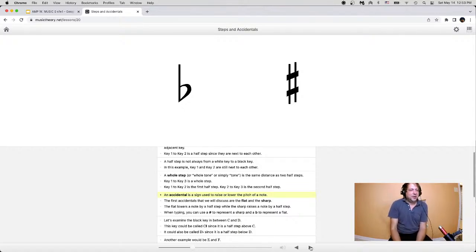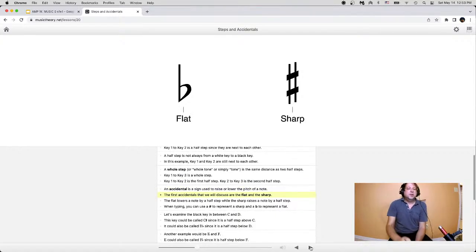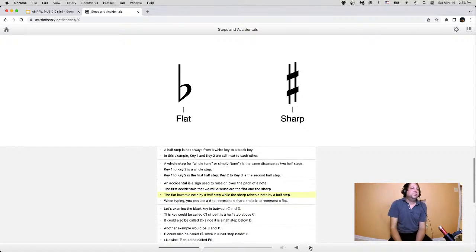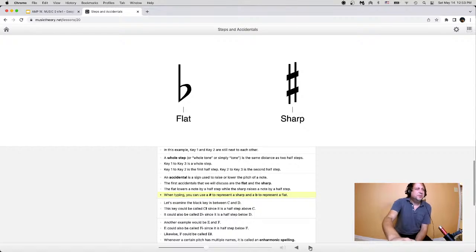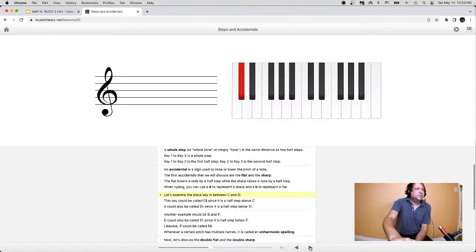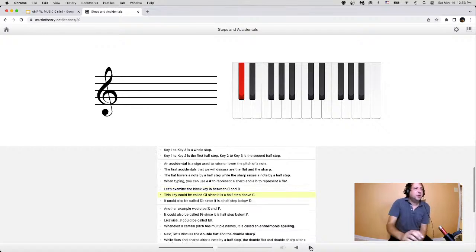For example here, you could call E an F flat. Okay, down a half step. You could also call it a D flat, but going G, A, B, C, D, you write the D. So you say down a half step. Why do we have sharps and flats, Andrew? What's going on? I'll tell you why later. You could call E an F flat. There's a reason why we do